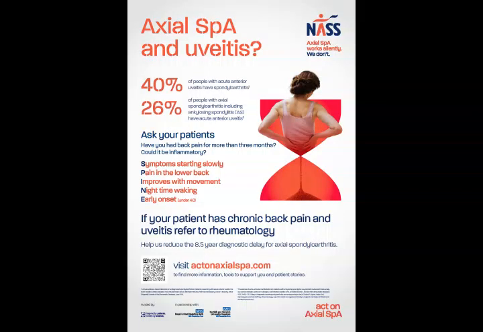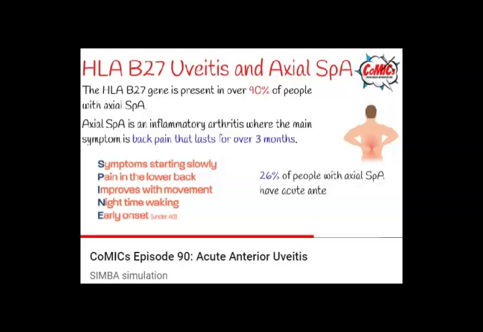As you may or may not know, axial spondyloarthritis is one of the commonest types of inflammatory arthritis that affects about 0.5% of the population. So we're talking about 1 in 200 people. Typically, it begins in early adult life. The mean age of onset is around 30, which is quite different from other types of inflammatory arthritis. This type of inflammatory arthritis is part of a family of diseases, which includes uveitis, inflammatory bowel disease, and psoriasis. So there's often an overlap.